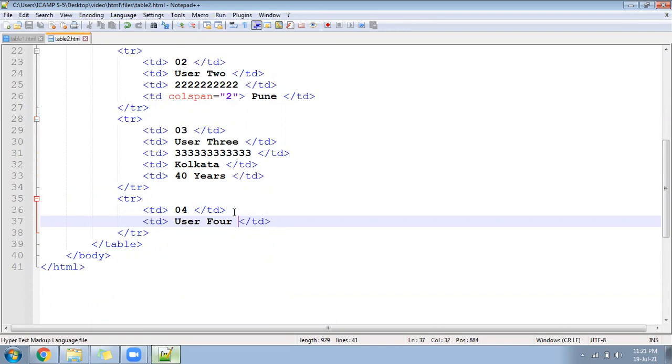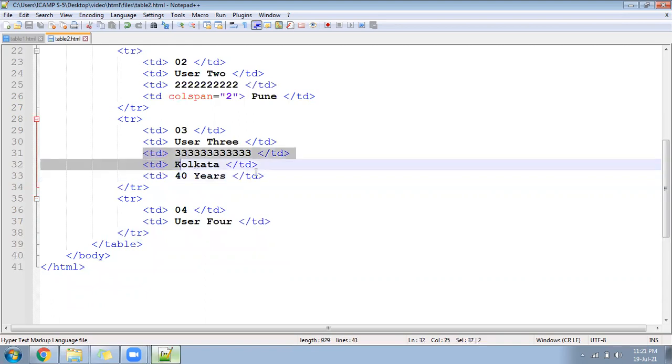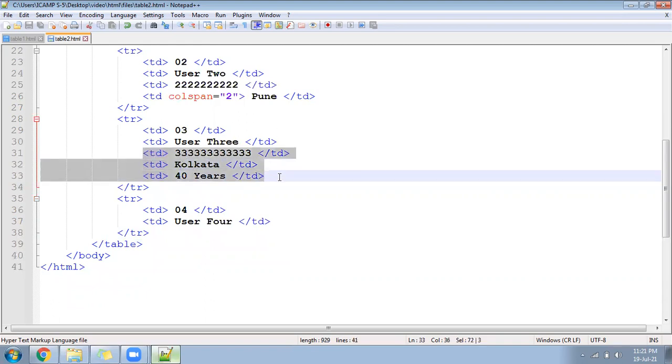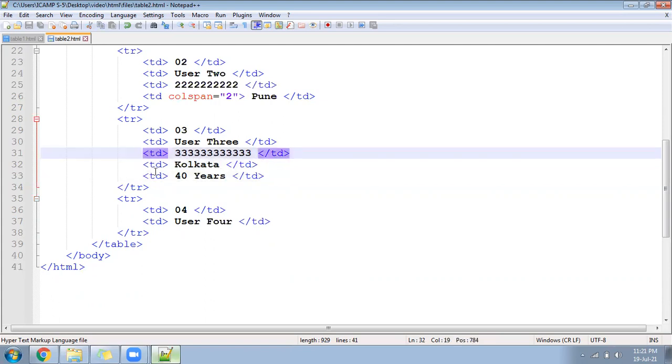Now for user 4, mobile number is missing, city is missing, age is missing. So total how many fields are missing? 3 fields are missing. Mobile number, city and age, 3 fields. And if you are going to ask the name itself to cover the full area, so 3 plus 1, it will become 4. But before that, let's look here.